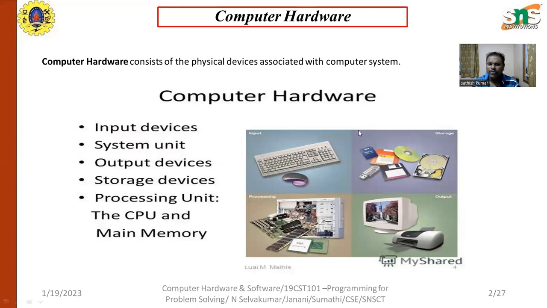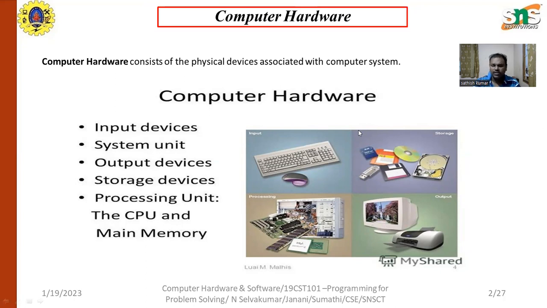Here we have computer hardware. Computer hardware consists of the physical devices associated with the computer systems. The physical devices associated with the electronic system are computer hardware. Common hardware includes the input device, system unit, output device, storage device, processing unit, CPU and main